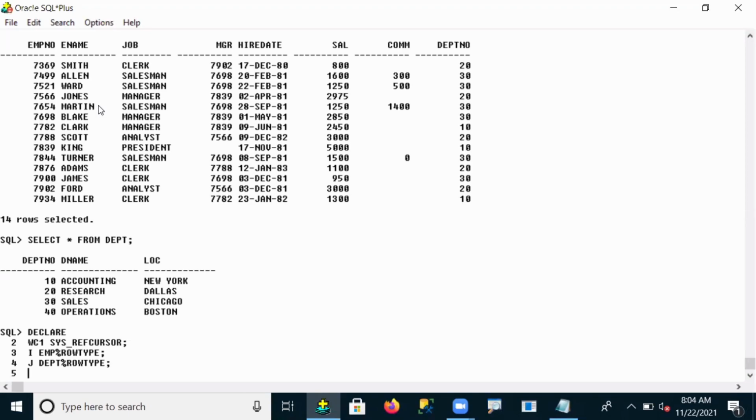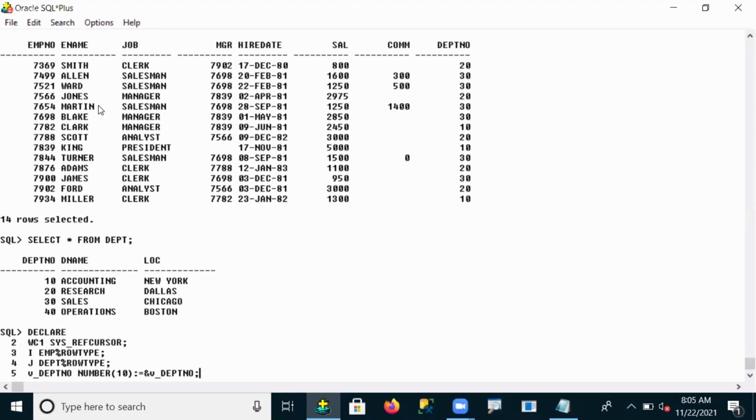After that, I am creating one more normal variable, V_DEPT_NUMBER, of type NUMBER, which I will pass dynamically. It is a dynamic variable for accepting the department number from the user.